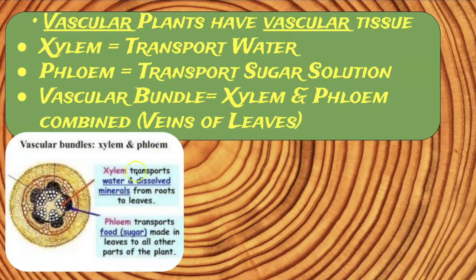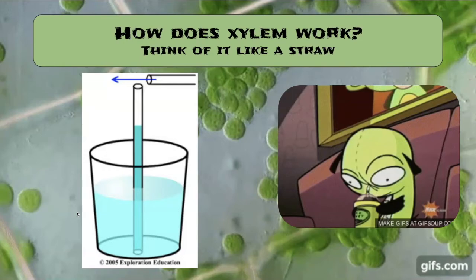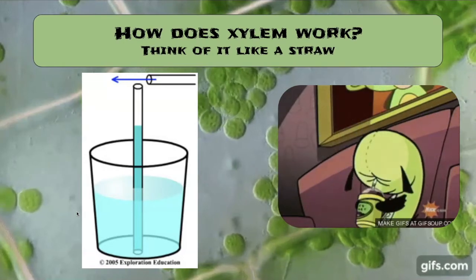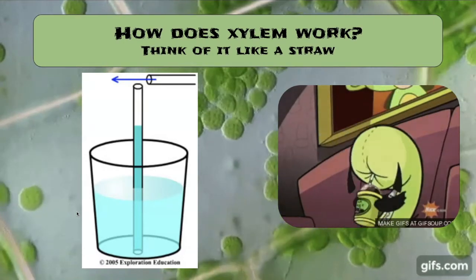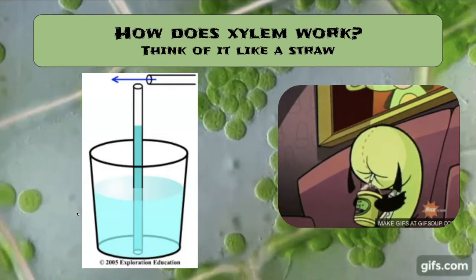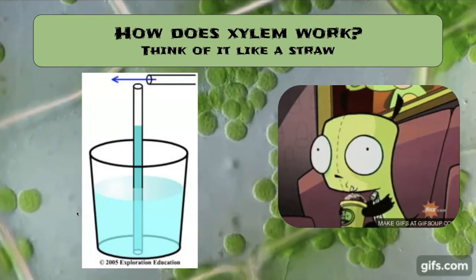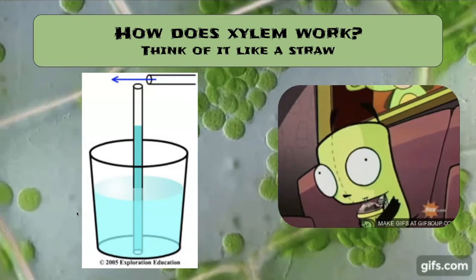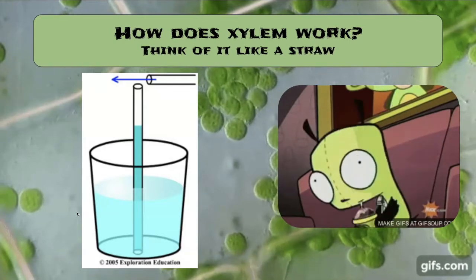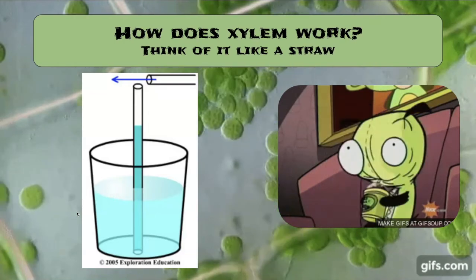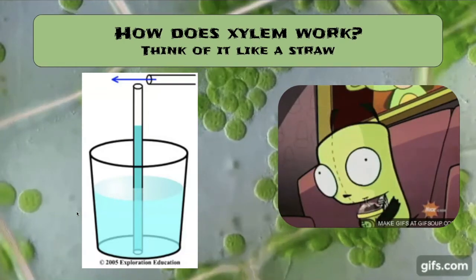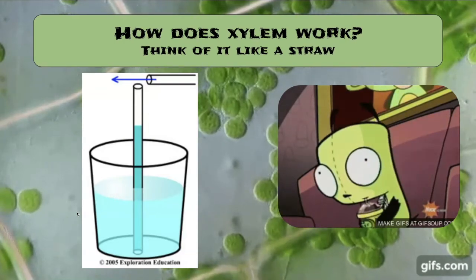So, really quick, this is just what a vascular bundle looks like. Here you can see a xylem that's transporting the water, the phloem on the outside transporting that sugary solution, that sap. And the way it works is basically like a straw. So kind of think of the stem of a plant. How in the world is water from the ground where the roots are at, how is that getting all the way up into the leaves at the very top of, let's say, a 40-foot tree or even a 200-foot tree? It takes a lot of